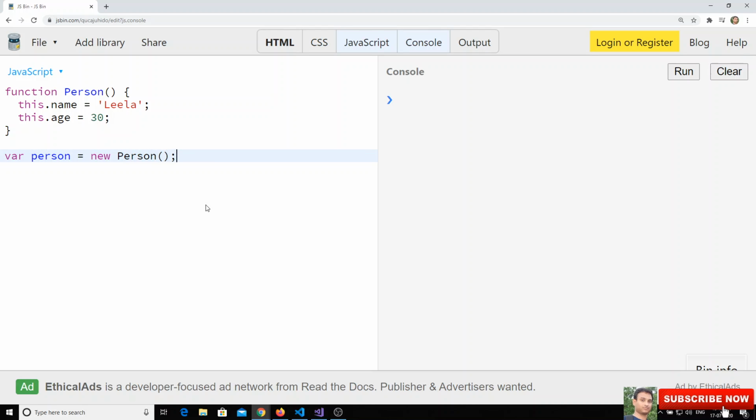Now, for example, instead of creating person, I have something like John. I am creating one John. So John has a name, John.name is equal to John, and John.age is equal to 30. Now I have another guy with the name Joe, equal to new Person again.